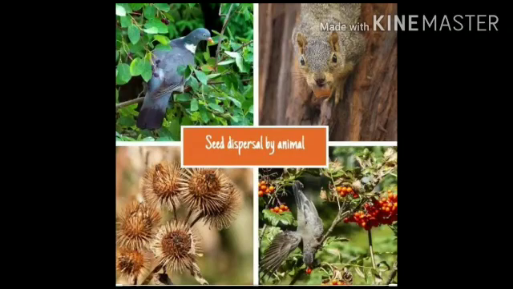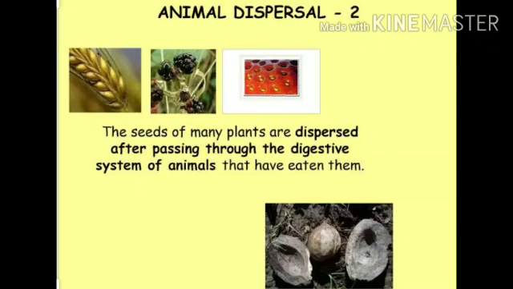Dispersal by animals, zoochory. Some fruits have hooks, spines, bristles, stiff hair, etc. on their outer surface or the outer coat of the seed. These fruits stick on the furry coats or skins of some animals and are carried from one place to another. I'll tell you the examples for dispersal of seeds by animals: Xanthium and Achyranthes.